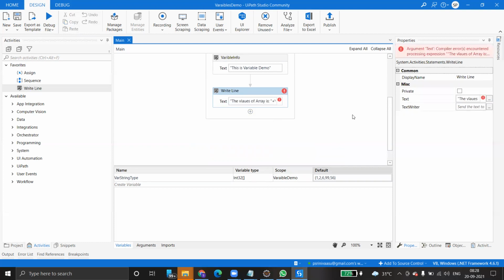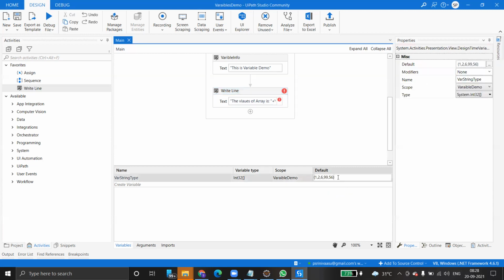Sir, the 1, 2, default values, what are those? I didn't get it. They are integers: 1, 2, 6, 99, 56 are integers. These are actually default values. That means either you can give them here or you can ignore it.